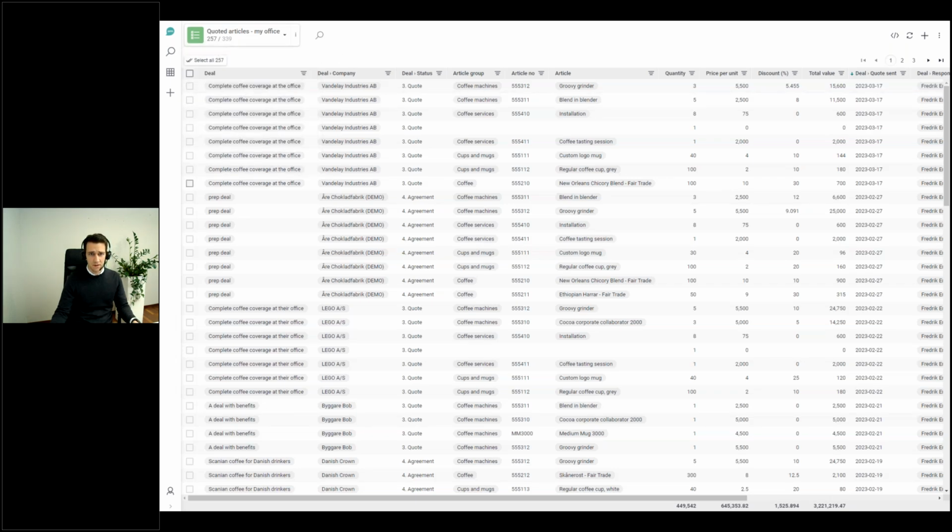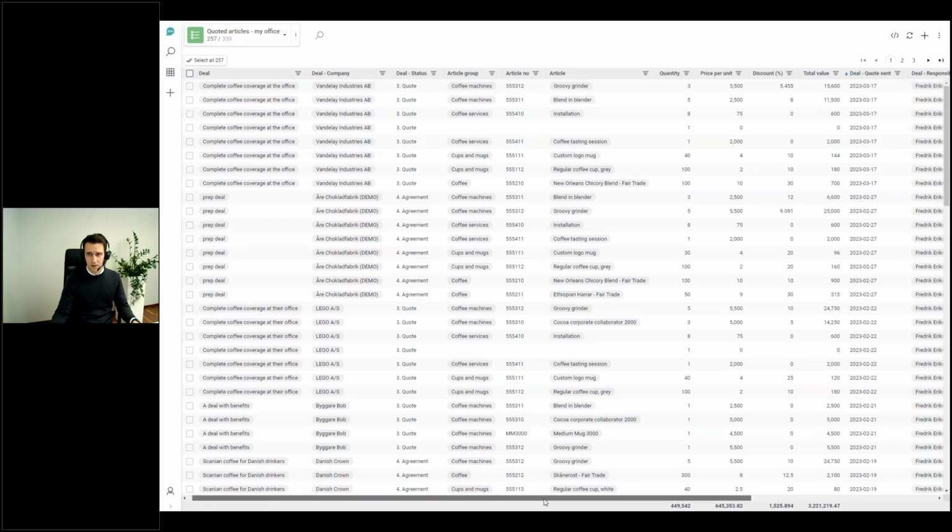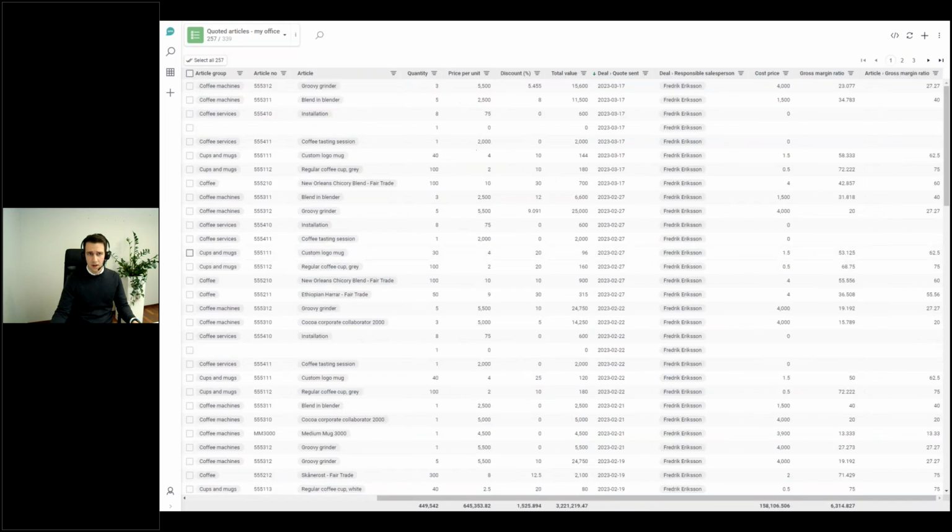I see which deal it is. I see the status of the deal. So I could filter on agreement or rejection or the ones that are still in quote phase. I see which articles, of course, they've been selling, and scroll to the right here. Which article, which price we had in the quotation, how much discount in percent we gave,